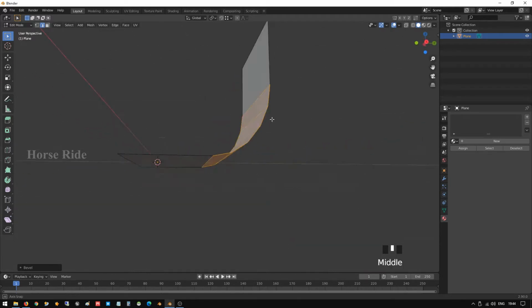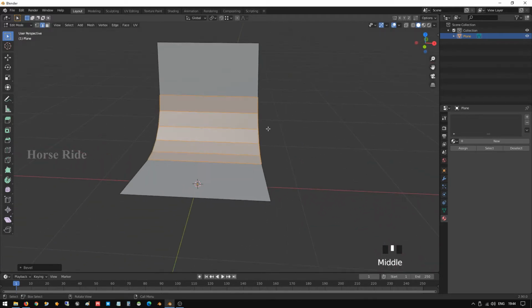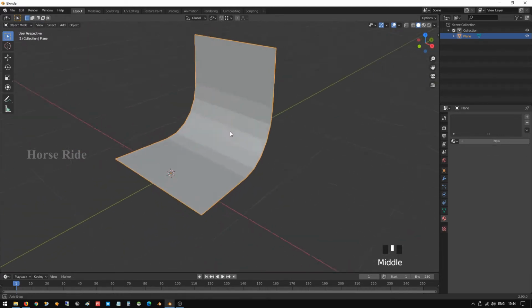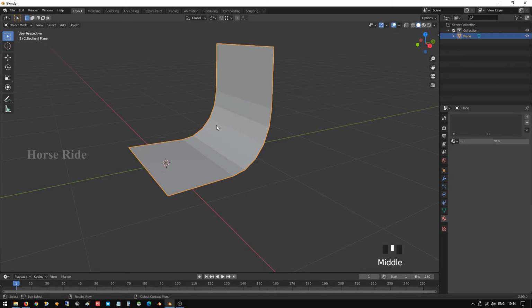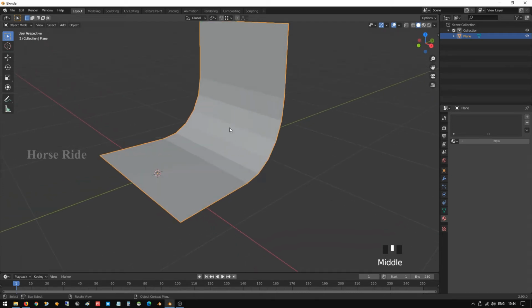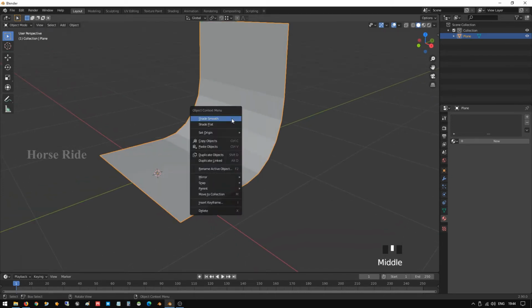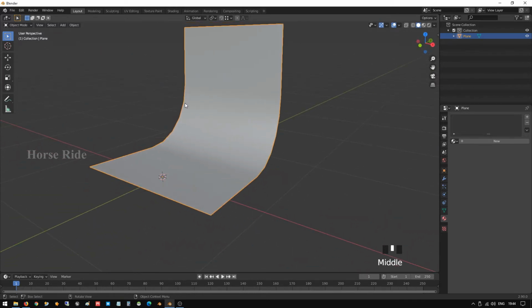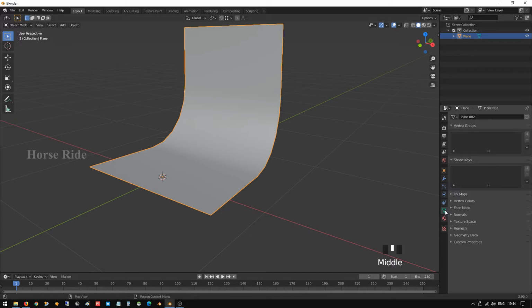Yeah, now it's a curve cut that has come for us. Yeah, this is okay for the basic chair, and we are going to give the smooth option. Right click and set smooth. Now you can see it is smooth, but here you can see some loop design is coming. Let me solve that soon. Go to this triangle, and in the normal panel select auto smooth.